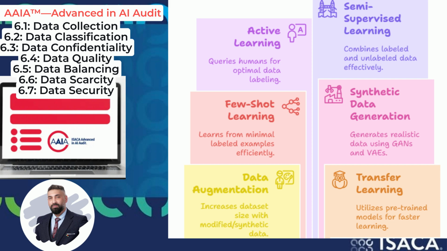Addressing data scarcity often requires creative solutions and a shift in approach. The importance of addressing data scarcity is clear because it directly impacts model performance, often leading to underfitting, where the model fails to learn the underlying patterns in the data. It reduces the generalizability of the model to new unseen data, and can lead to bias amplification, as the model might overlearn from the few examples it has, especially if those examples are not fully representative. It makes it difficult to handle minority classes effectively, as there might be very few examples of them.